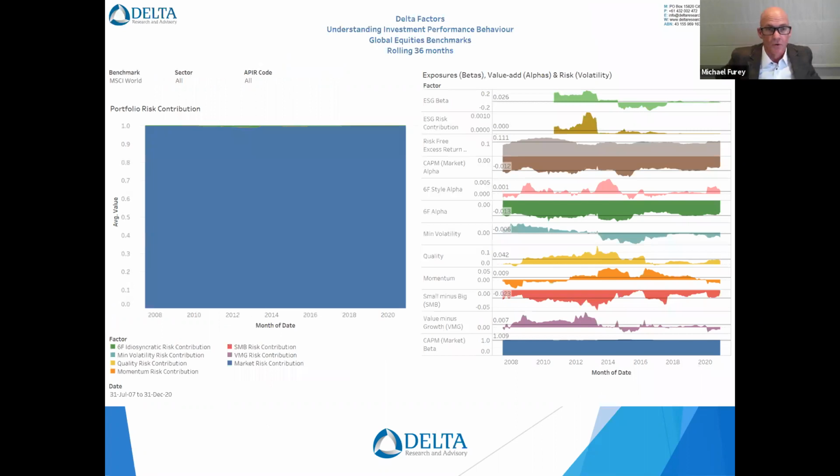So I'm going to go through a few examples now, and I'm starting off with a simple one. I know you're looking at a lot of charts here and there's a lot of colors there. But what we're looking at with this particular chart is that the left chart pretty much says it all. The left-hand chart is a breakdown of the portfolio risk into about 7 different components of risk we're looking at with delta factors. And there's only one color coming through, and that's blue.